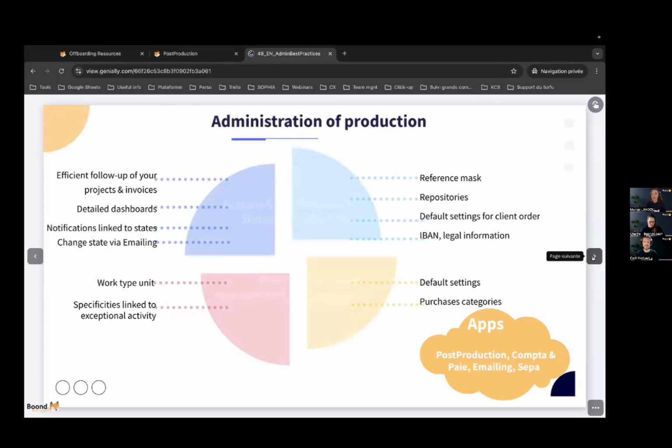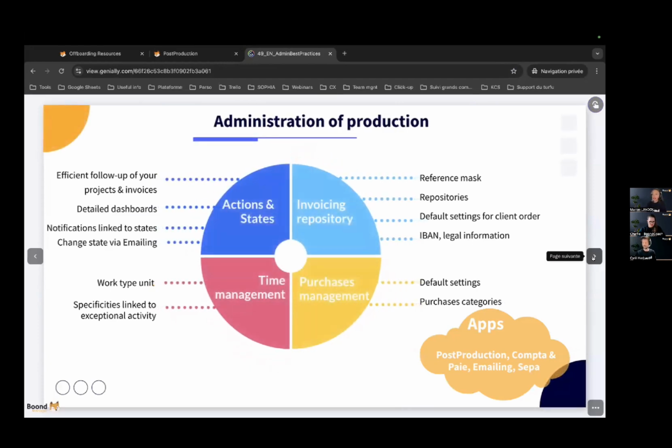Yeah, last recap. So as we've seen with Cyril, we're able to set up different types of action and states for efficient monitoring of your projects on invoicing. You can also set up precise dashboards to monitor the health of your production, linked of course to actions and status. And we've also shown you quickly our emailing tool that enables you to send an email and create the action directly on your invoice card, as well as change the status automatically when your invoices are sent or relaunched